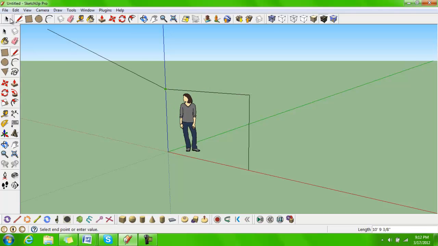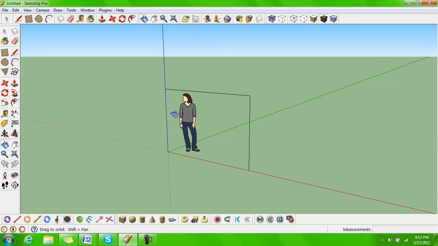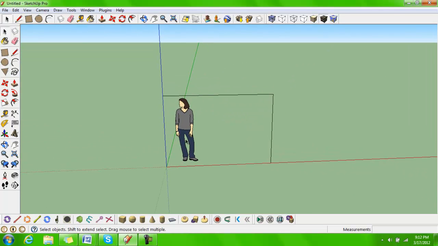which is this thing right here. The blue axis is the vertical axis. This is the y-axis, and the red axis down here is the x-axis, and the green one is the z-axis. So pretty much it. Now you notice that it follows the blue line,